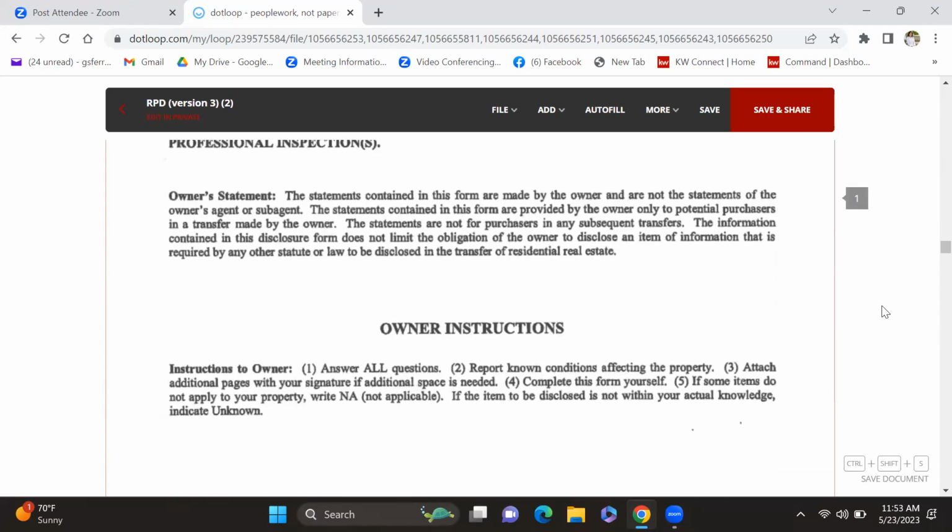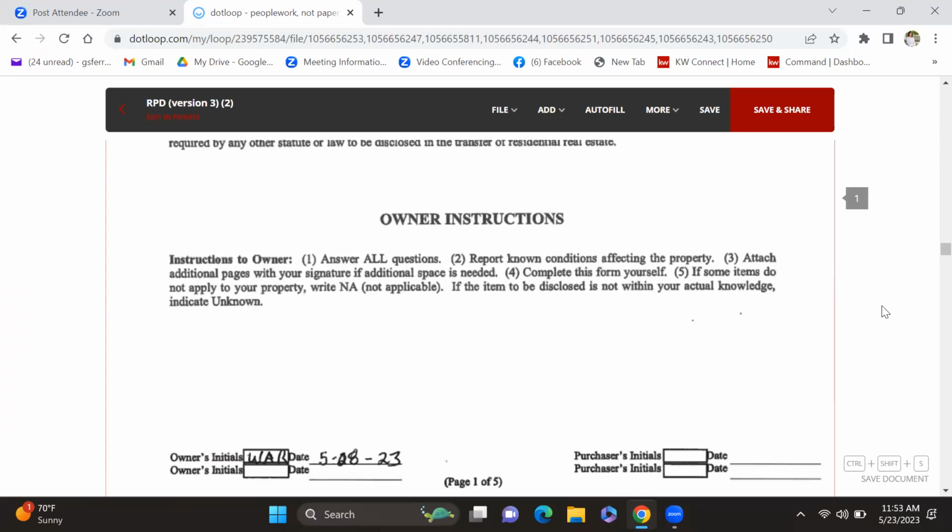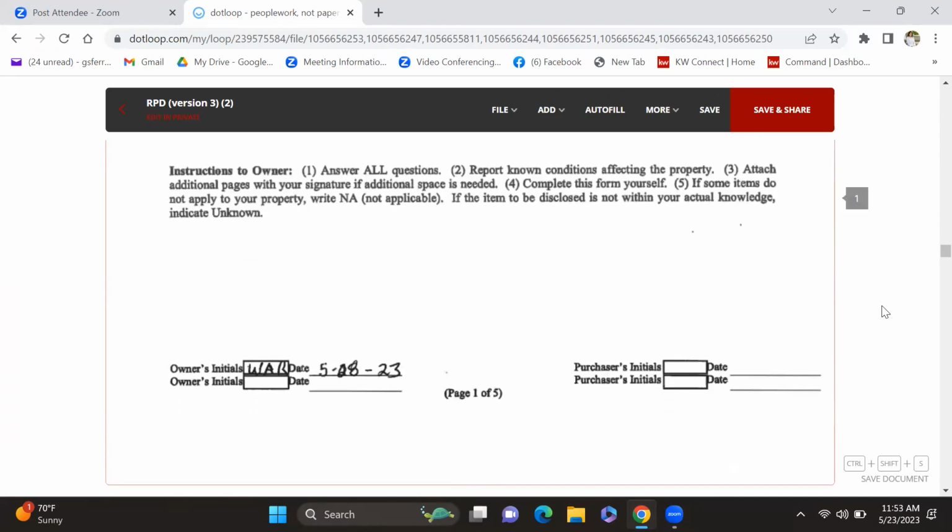This is now what we call a flat PDF, because I brought it in as a printed download, okay? It wasn't already in Dotloop because it was somebody else's document. You can see right here that this seller wet signed this document. This wasn't done in Dotloop. It wasn't shared with me in Dotloop. It was actually on the MLS. I downloaded it to my computer and I brought it into Dotloop, how I showed you guys when I browsed